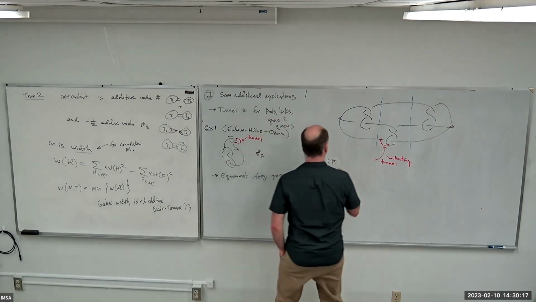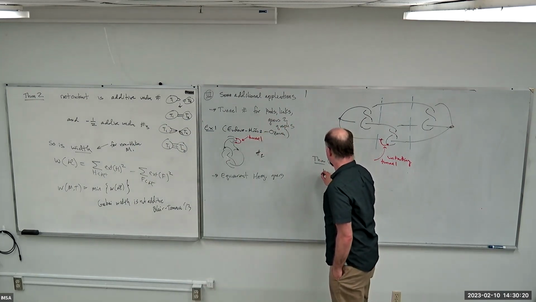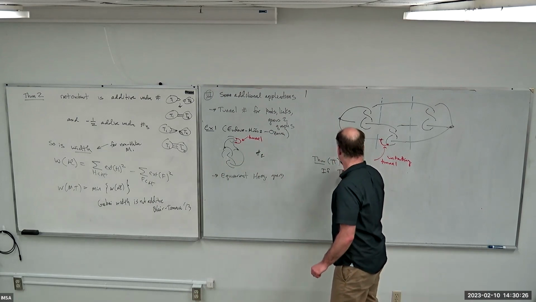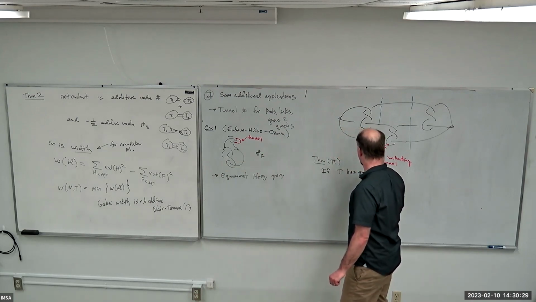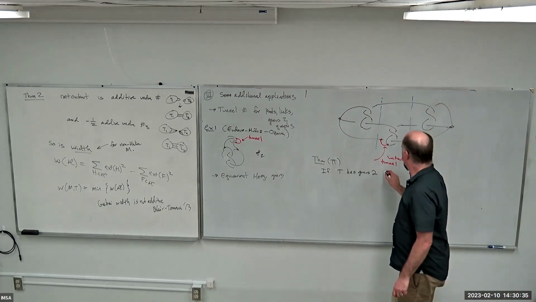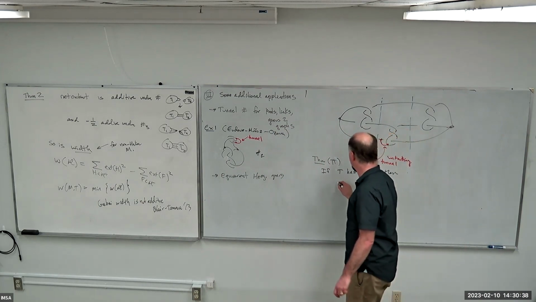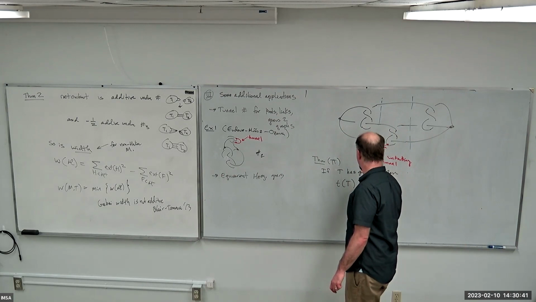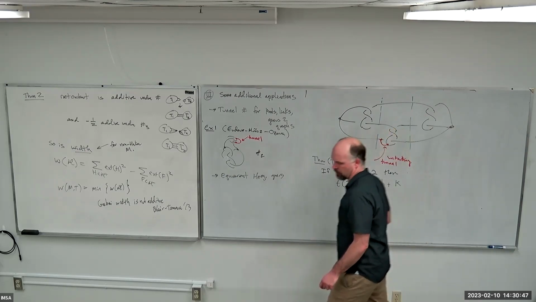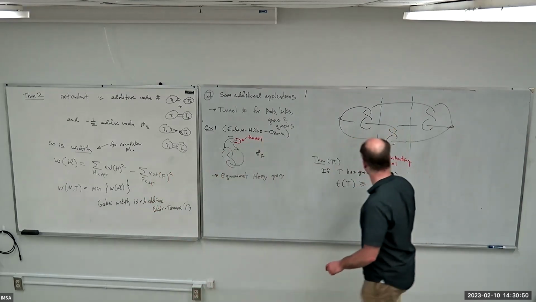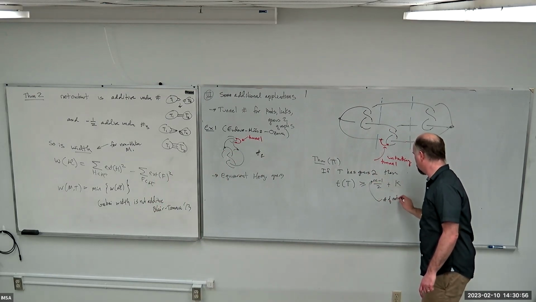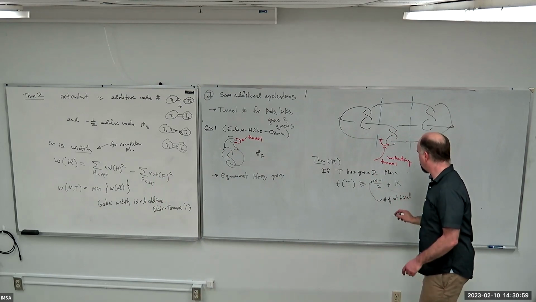I don't remember what name this has. It's that if T has genus 2, meaning it's like a theta curve or a handcuff curve or a wedge of 2 circles, then the tunnel number of T is bigger than or equal to (m minus 1)/2 plus k, where m is the number of non-trivial